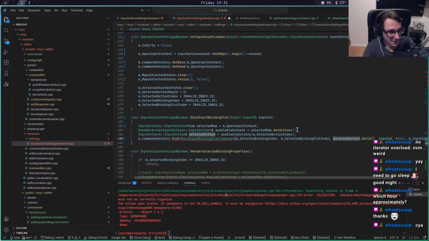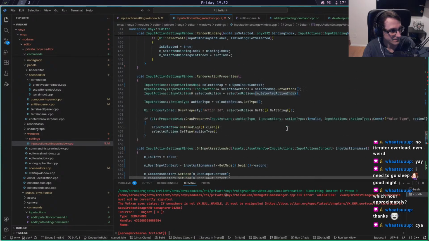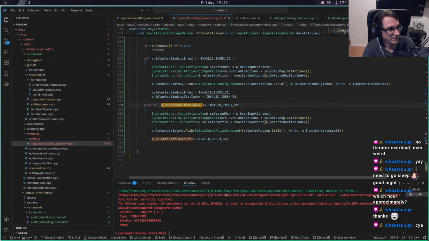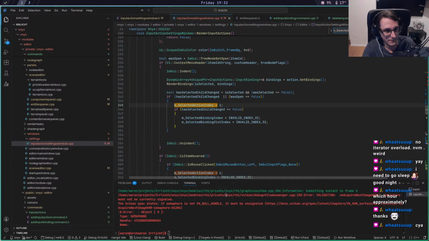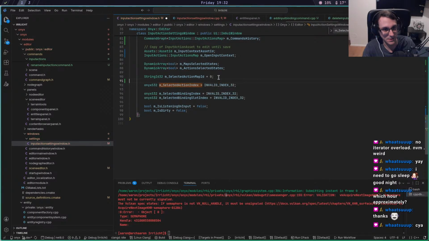The question is, do I even need that? Can I not with the M selected action index, wherever I set that, string, or actually